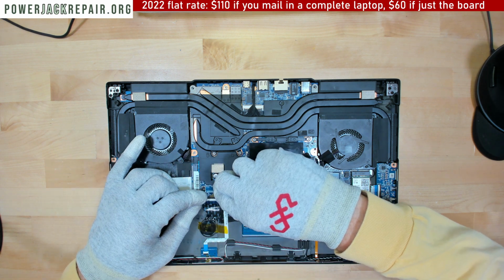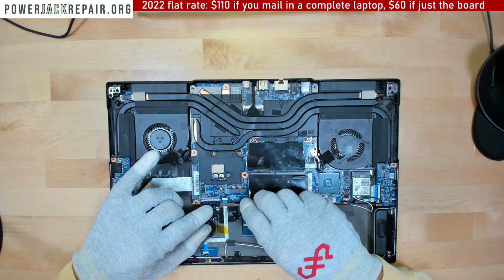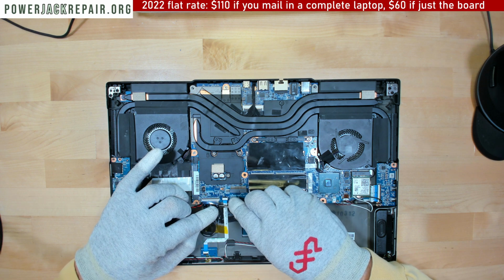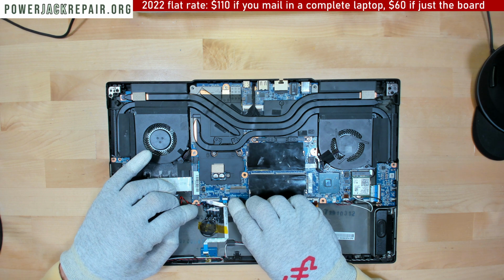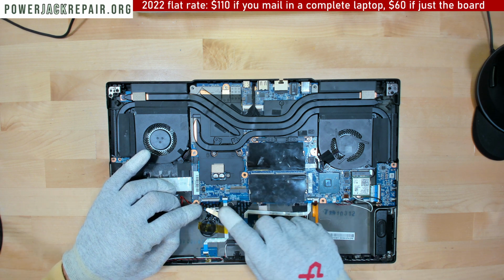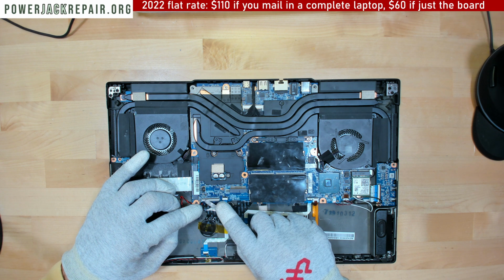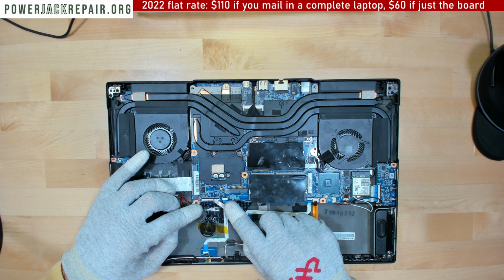Anyways, let's disconnect this cable right here. My understanding is the keyboard. Ooh, and somebody was trying to disconnect the keyboard from this end, and they kind of